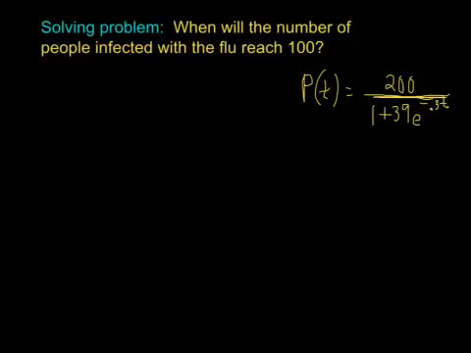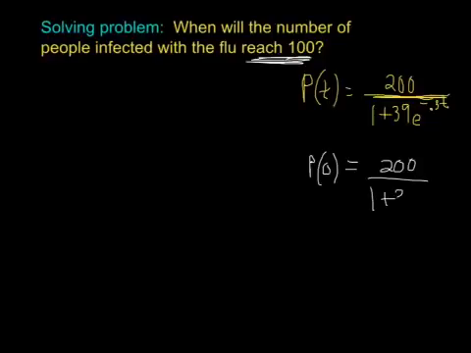Our first problem from homework deals with the flu. So there's a model here. Notice it's a logistic model. The function shows the number of people infected with the flu after a certain number of days of initial onset. Just a quick little think about it here. The initial amount of people who have this flu, just so you realize that reaching 100 is not going backwards in time, but the initial number of people with the flu here, if we plug in t equals 0, is 200